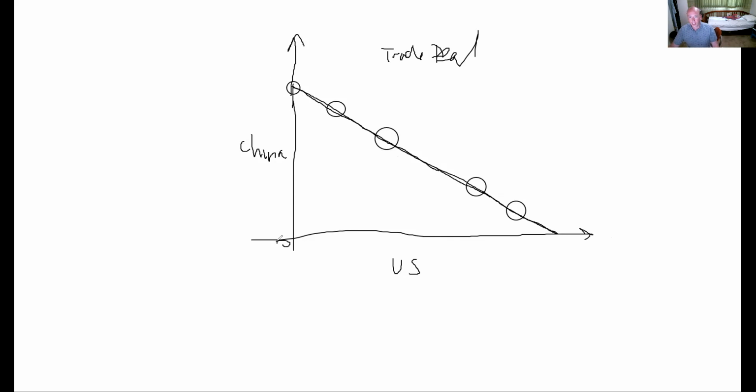So at this level here, China's getting everything, and look, the United States, this is 0 down here. The United States is getting nothing. So this is a possible trade deal where China gets all the benefit and the United States gets 0 of the benefit. Similarly, we could be down here where the United States gets all of the benefit and China doesn't get any of the benefit. The other things that are possible, anywhere along this line, here might be China gets half the benefit and the United States gets half the benefit, half and half there.